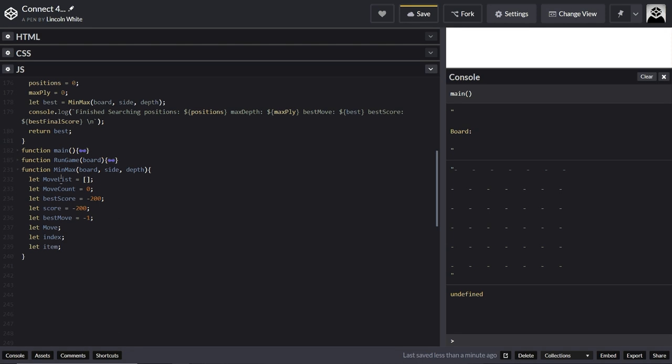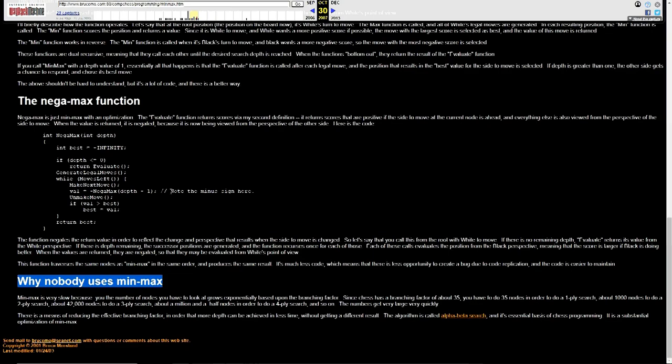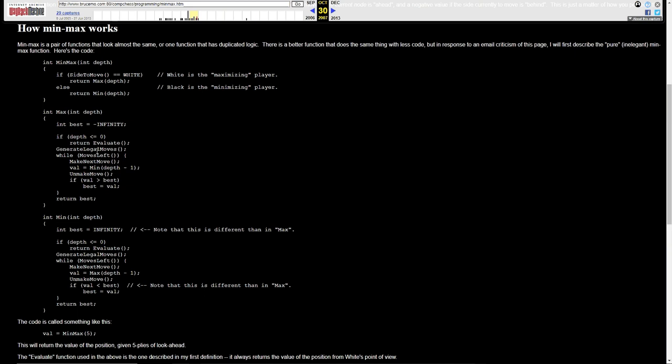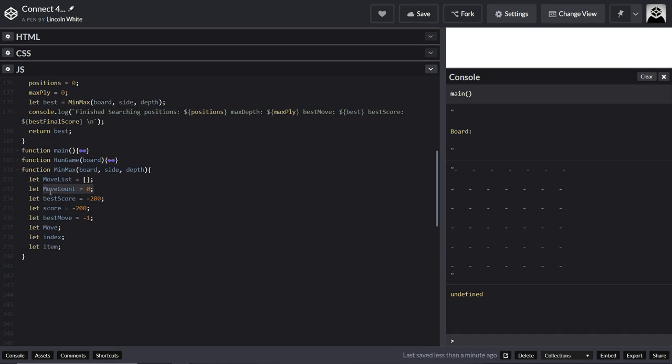We've got the move list. We've got the move count. The move list is the legal moves. Because let me go back to here. You have to generate legal moves here. So that's what that's going to do. That's going to store the legal moves in the move list. The move count is the amount of legal moves. The best score,